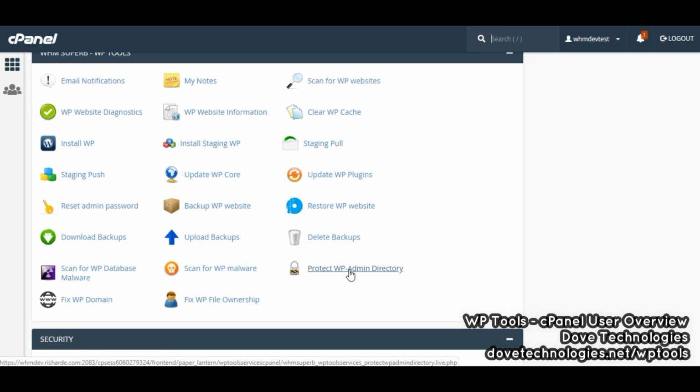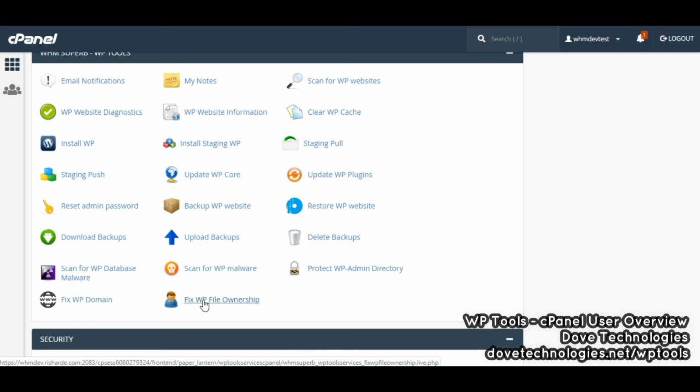A lot of people do it, but they're afraid to edit files and so forth. So this does that for them in an easier way. This adds an additional protection to that section, so that it's going to be double the protection to some degree. And you may be wondering what fixed WP domain is. Sometimes when you copy a WordPress website from one domain to another, the old domain sticks with this website and causes an error. This allows you to change that domain to the new domain, and so it saves a lot of time.